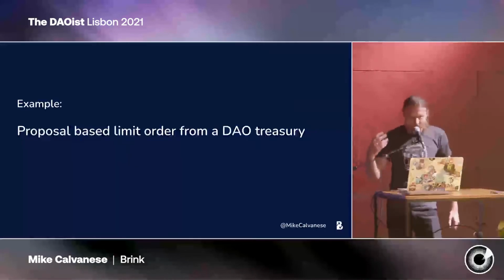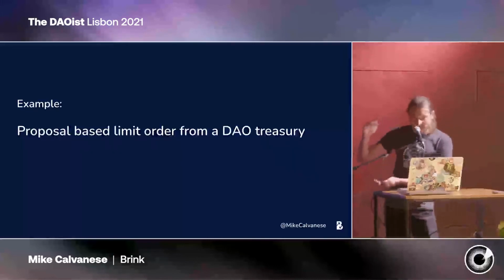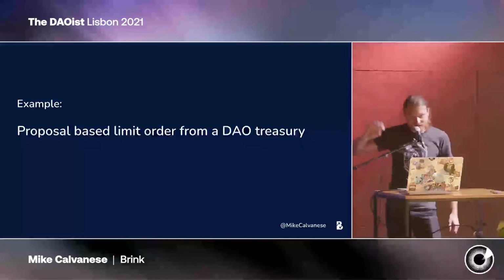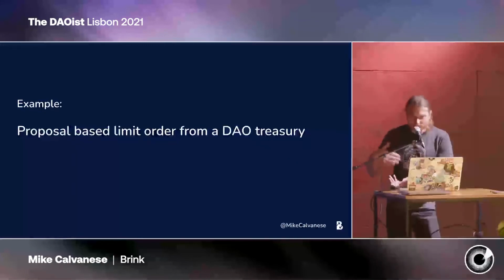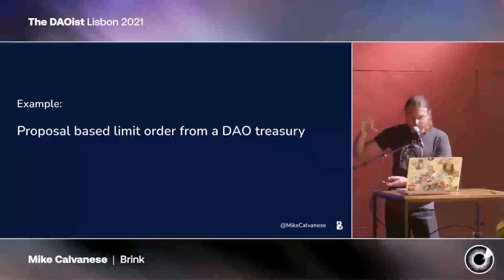So the proposal says, okay, swap this amount of ETH, only if the market price for the ETH to DAO native token meets a certain threshold or is above a certain threshold. Same thing for stop loss. They could do it below a certain threshold. They could basically set a strategy for managing